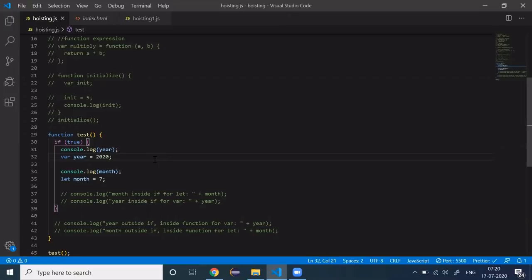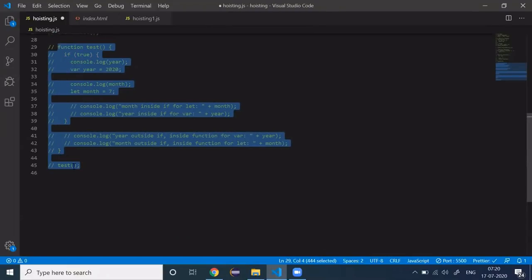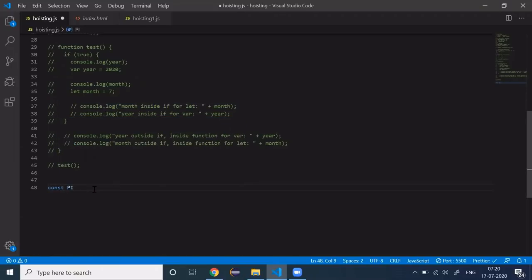Now let's understand the constant variable. Let's remove all this, comment it out, and I'll have a constant. Let's say this is a pi variable, 3.14. With a constant variable, you cannot declare and then initialize later. You have to declare and initialize together, and you cannot assign a value further. So if you try to assign 4 to it, it will give you an error.